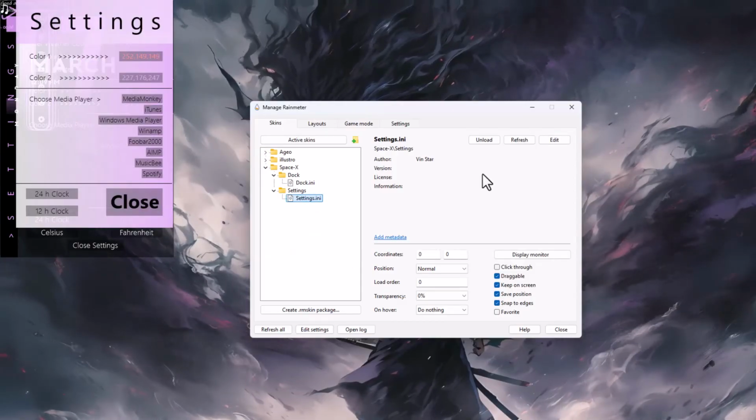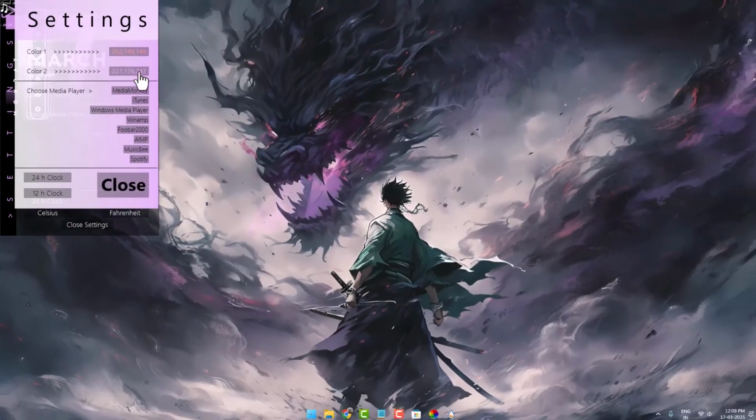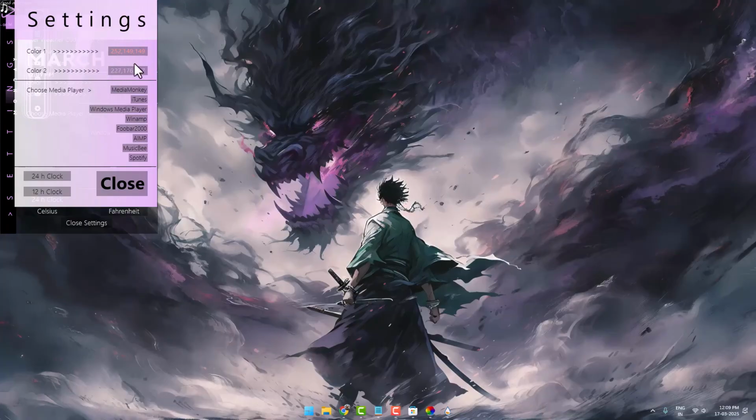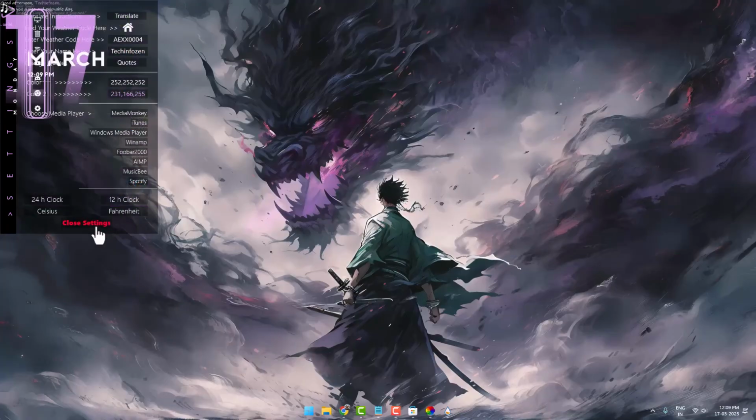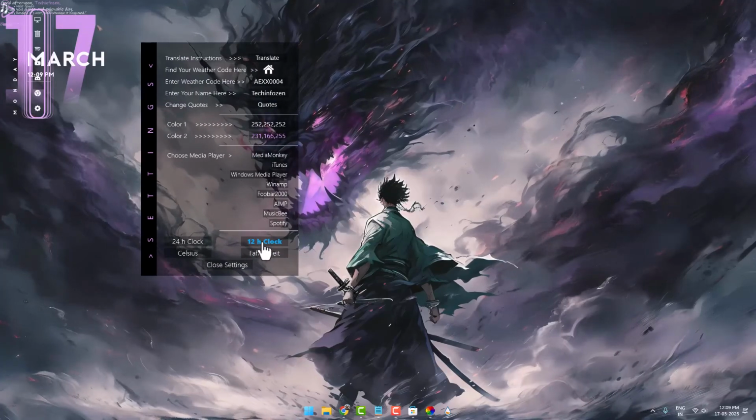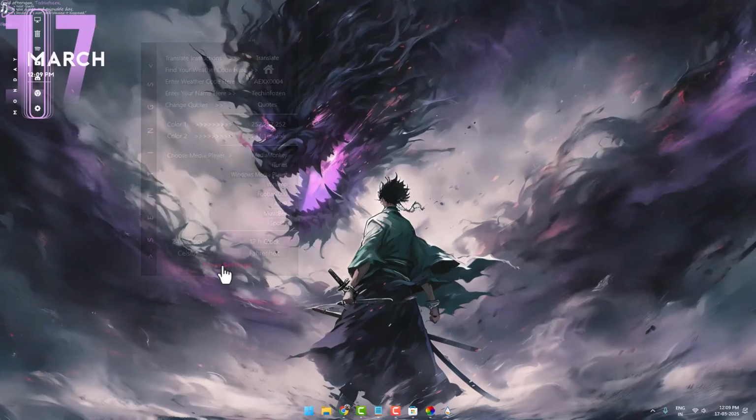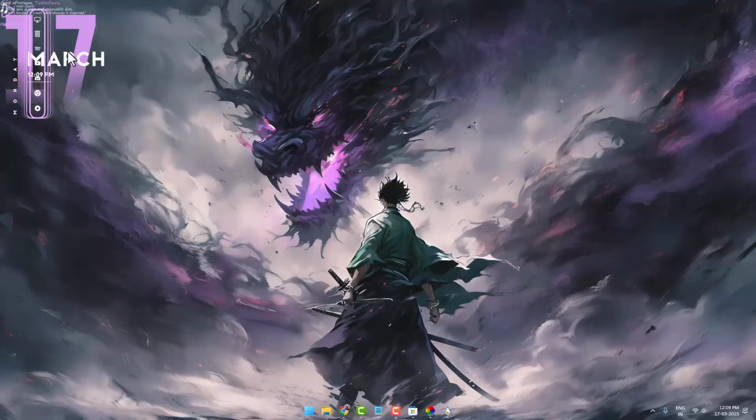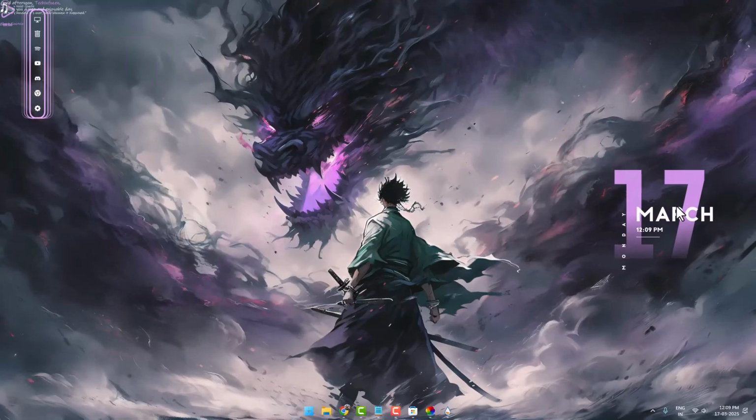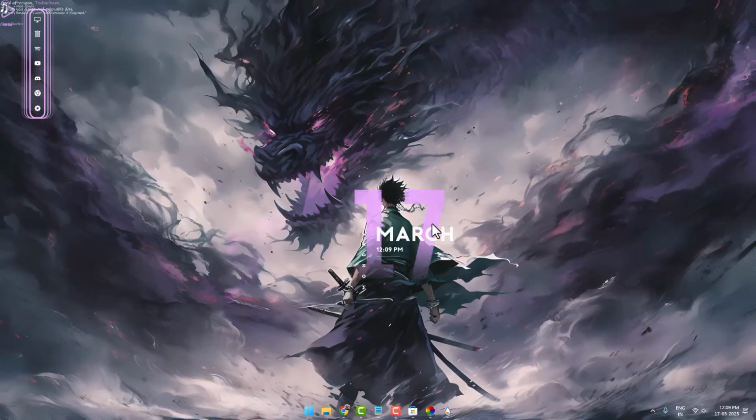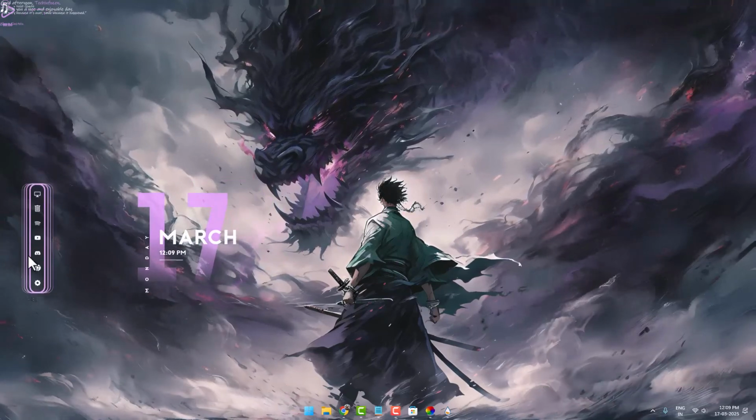After doing it, just minimize this. This is the settings to change the color. Just closing it. This is the same settings. You can change it by preferences. And I'm closing this. Just drag these things to your preferences. I'm going to have it in here,